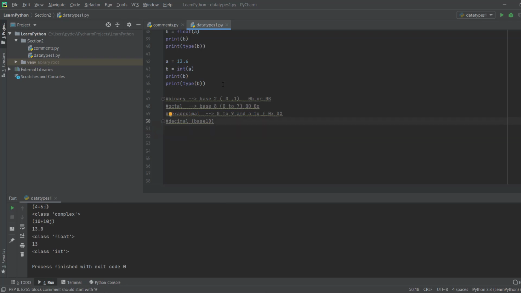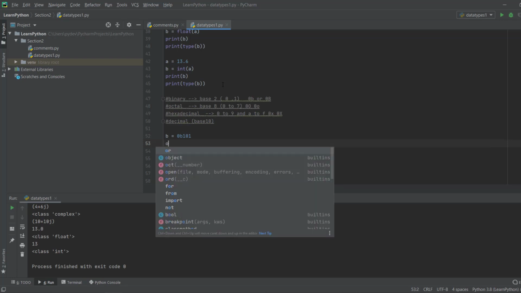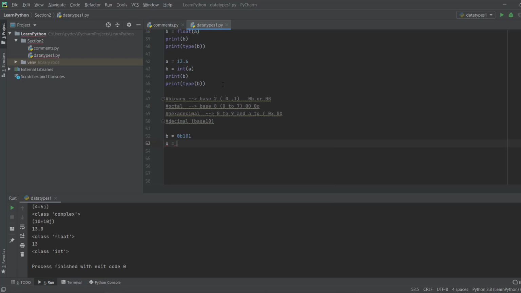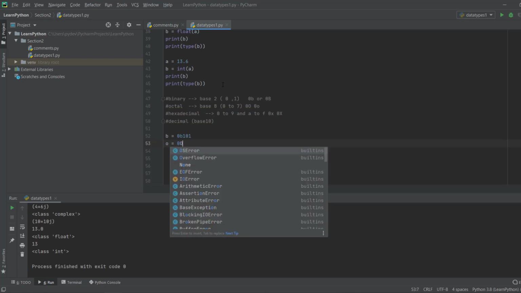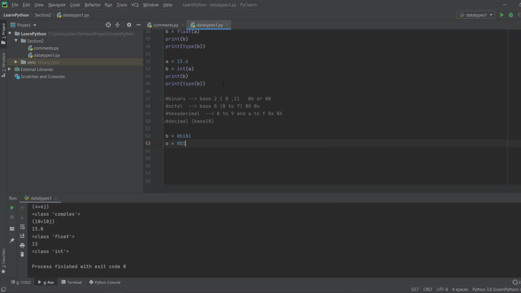So if I say binary, b is equal to 0b101. This is how I will represent it. In octal, I write 0 capital O or small o, whatever, and I can say 107.